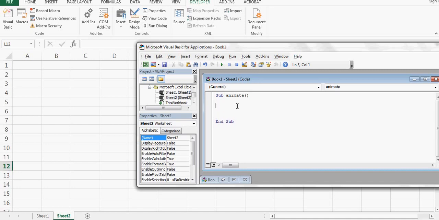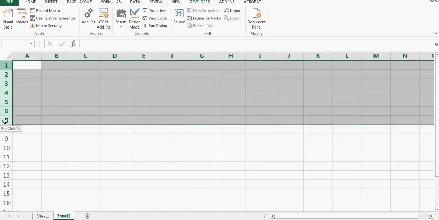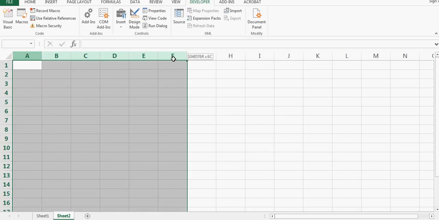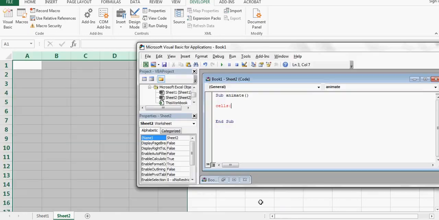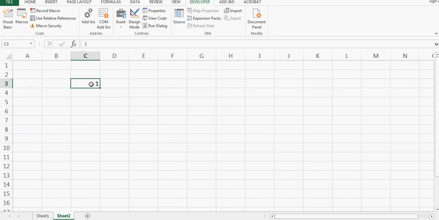Now what I'll do is I'll say cells, and then I'll put a bracket. It says which row, right? So it's asking me for the row. If you know this, 1 2 3 4, these are the rows and these are the columns, right? So let's go back here again, and I'll say 3 comma 3 is equal to 1, right? And then I run this command. Now you can see I have 3 comma 3.